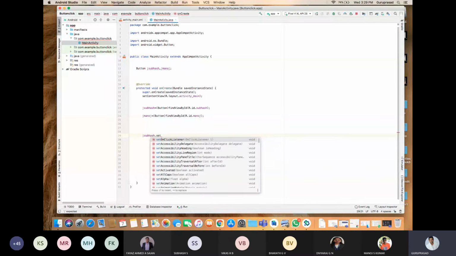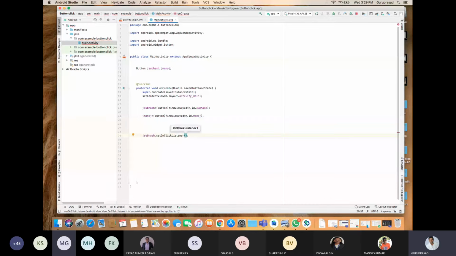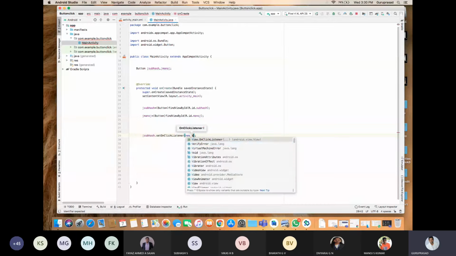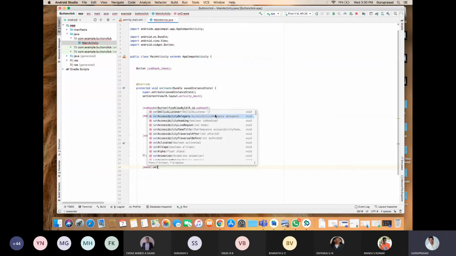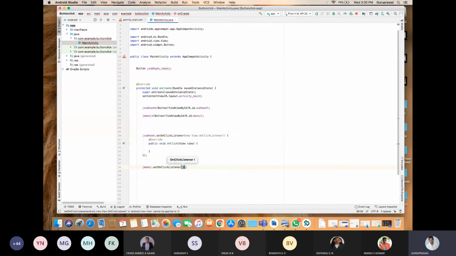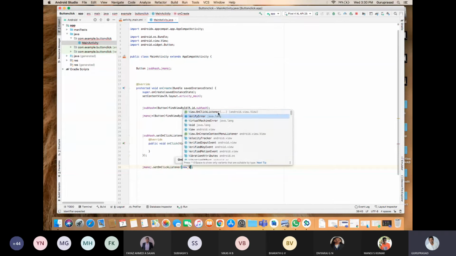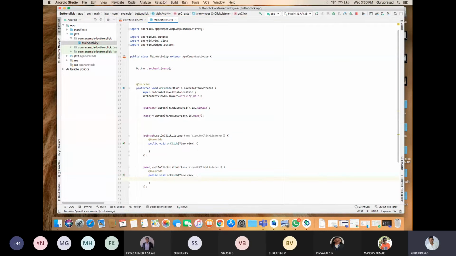Set on click listener. New view on click listener should happen. Something should happen. Similarly, Java Manoj button is there, dot set on click listener, new view on click listener should happen. Something should happen.